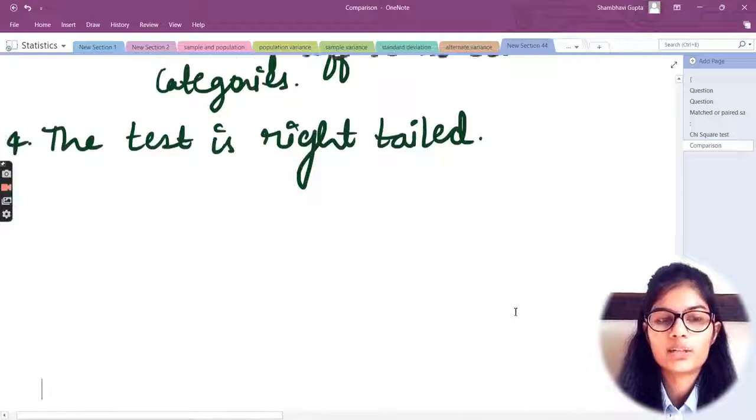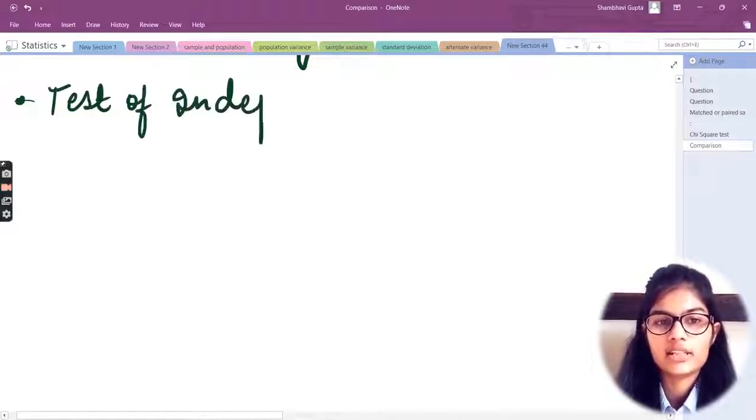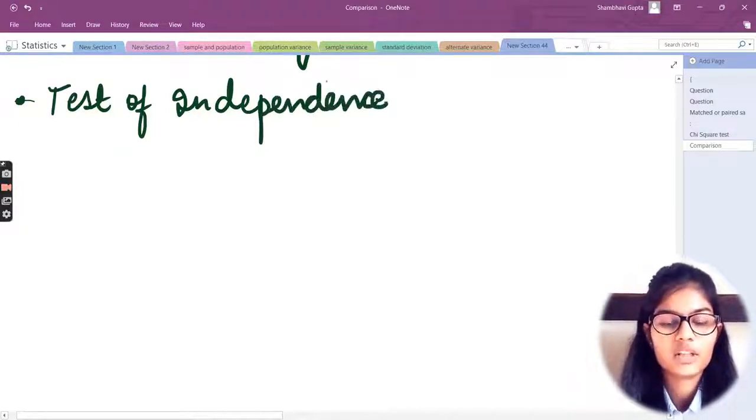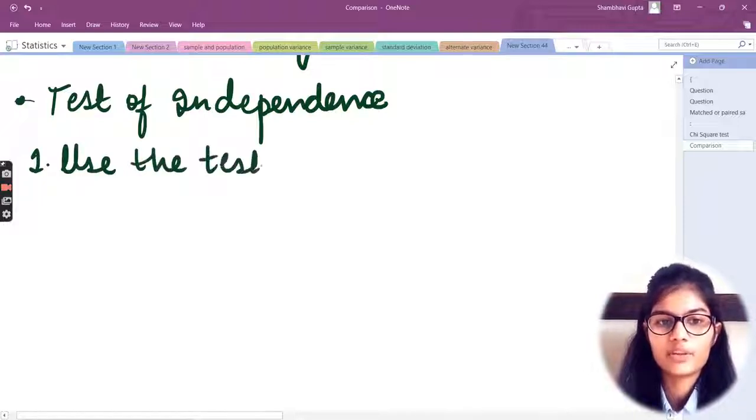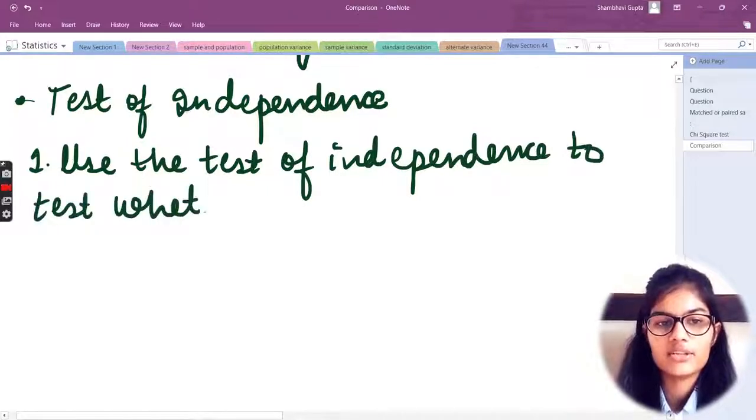Next, I'll be moving forward with the test of independence, right? So here put the point, and here goes the test of independence. Okay, the first point which I have is: use the test of independence to test whether two factors